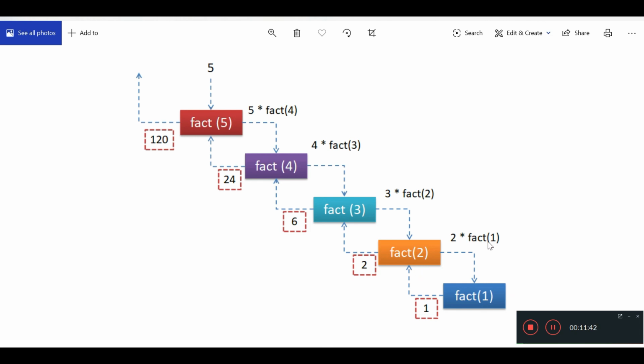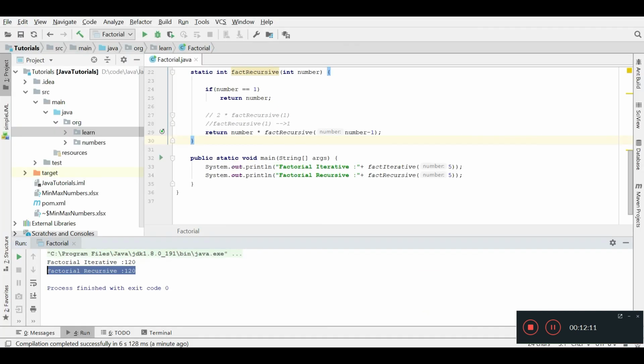So 1 is multiplied by 2, and factorial of 2 returns 2. It was called from factorial 3, so this value replaces it here, and it would be 2. Once this function executes completely, it unwinds the stack. So 6 is returned back, then the value 6 is filled in here, so it will be 24. It will return that back, and the 24 would be replaced here. It will be 120. That's what we have seen, the result of 120 for the value 5.